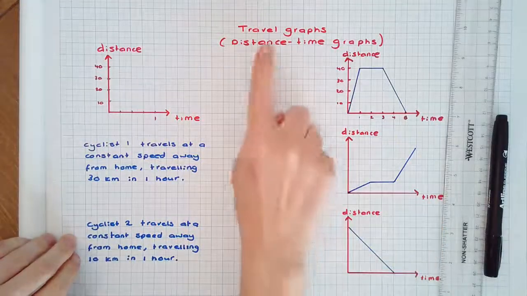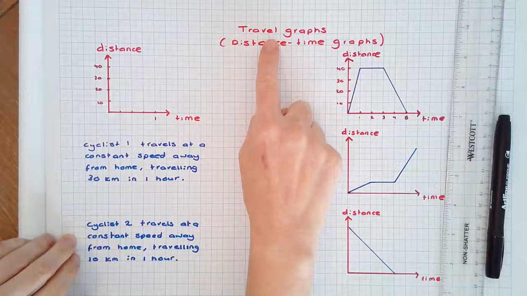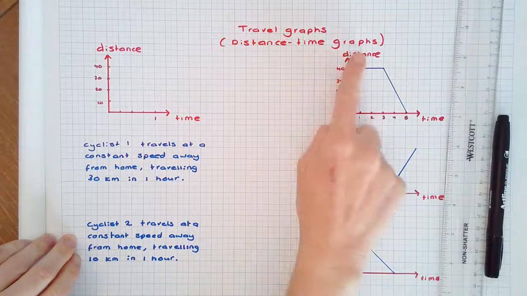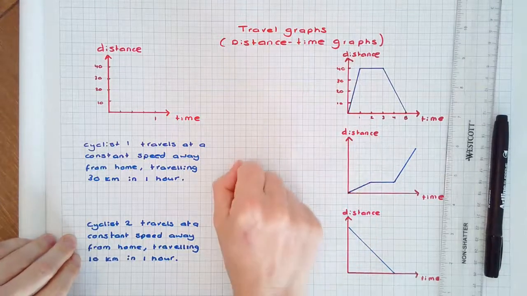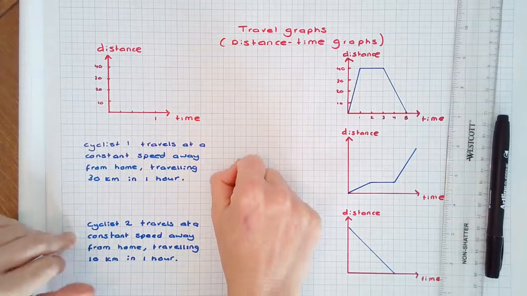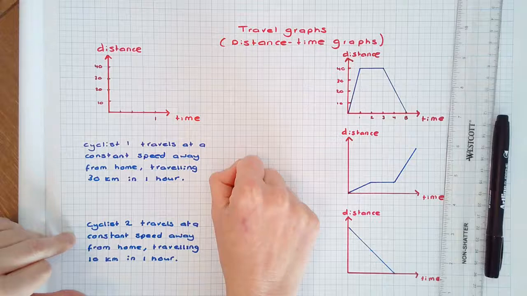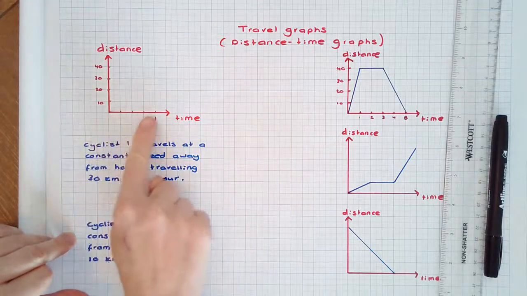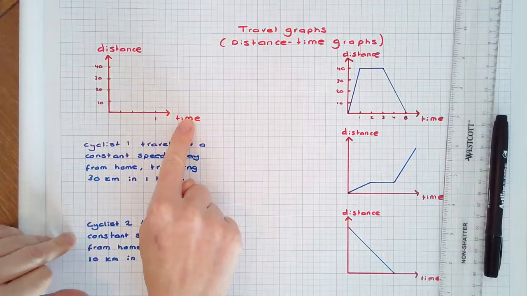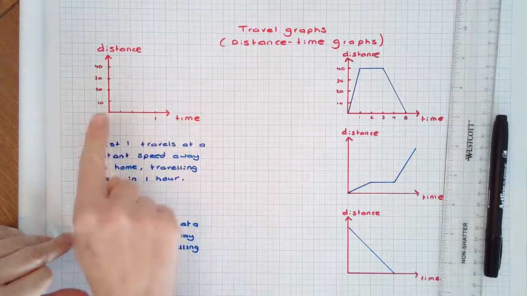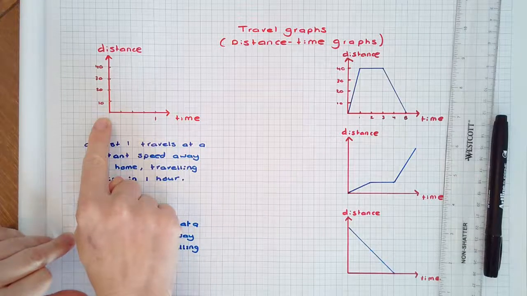In this video, we're going to have a look at travel graphs. Travel graphs are also known as distance time graphs. Travel graphs are line graphs used to describe the motion of objects such as cars, trains, walkers, or cyclists. Time is the independent variable and represented on the horizontal axis, and distance is the dependent variable represented on the